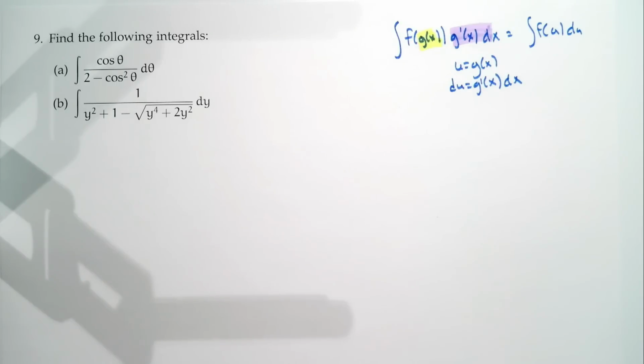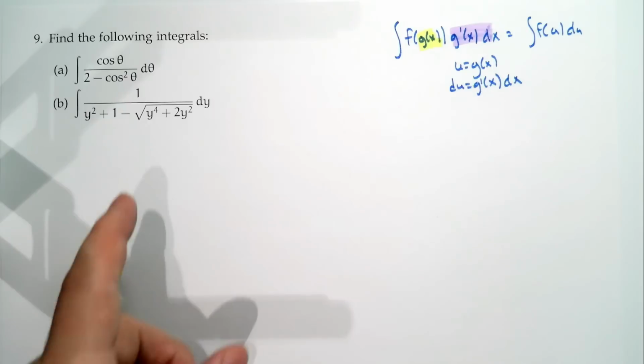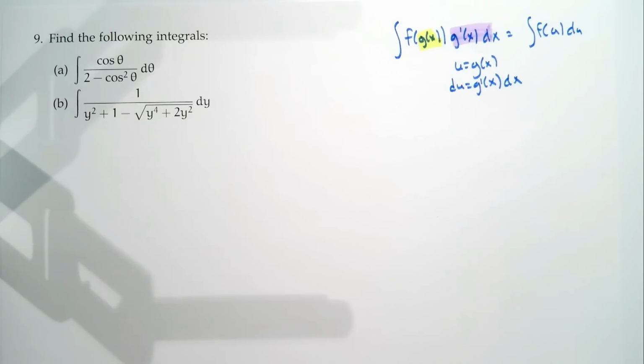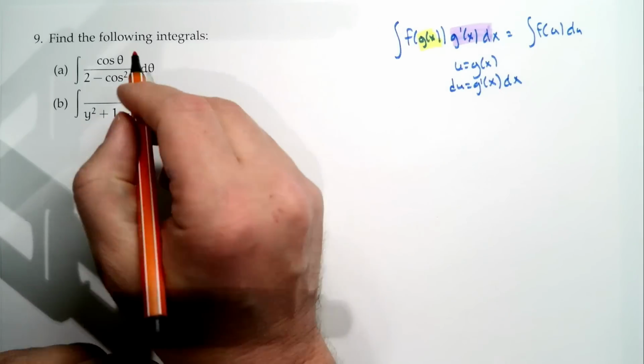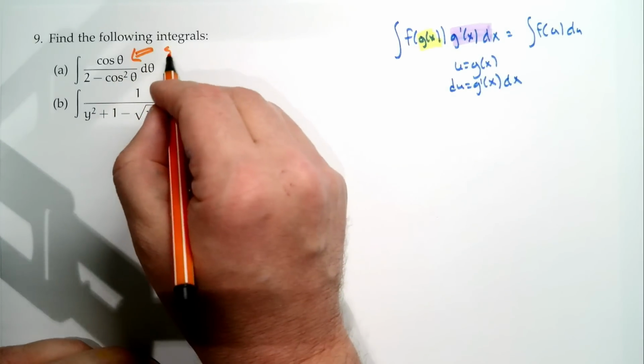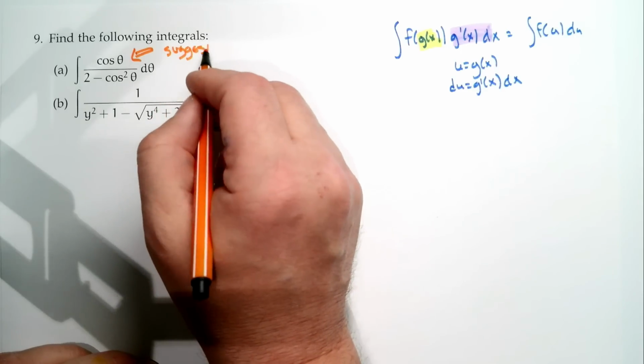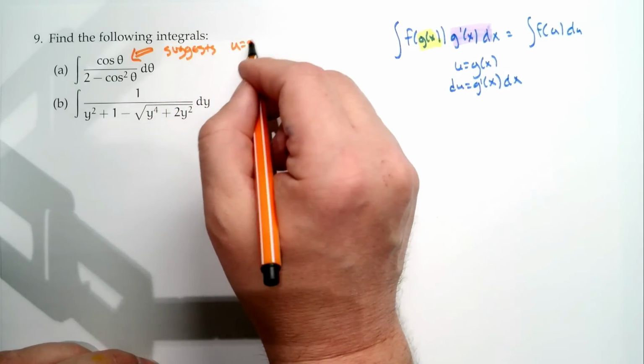And I say, do any of these pieces show up on my list of things which I happen to know are a derivative of something? Well, the answer is the cosine theta shows up, right? So if you think about it, the derivative of sine gives us cosine. So this cosine theta in the numerator is suggestive. This suggests we should be trying to write it in such a way that we can make a substitution